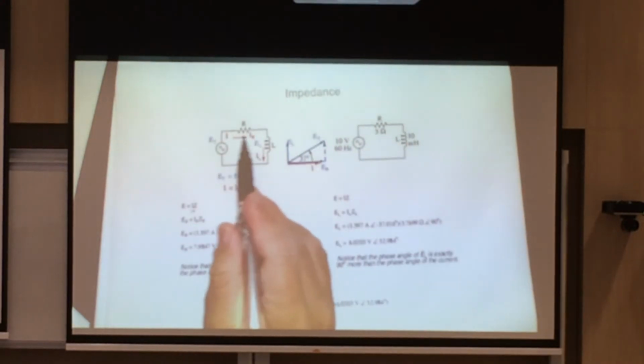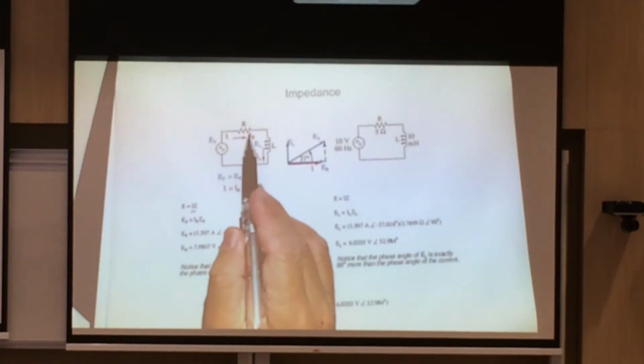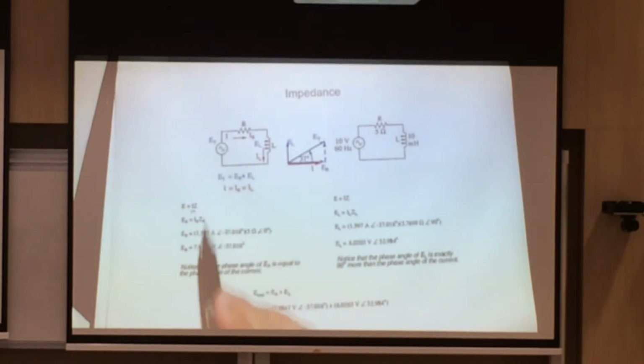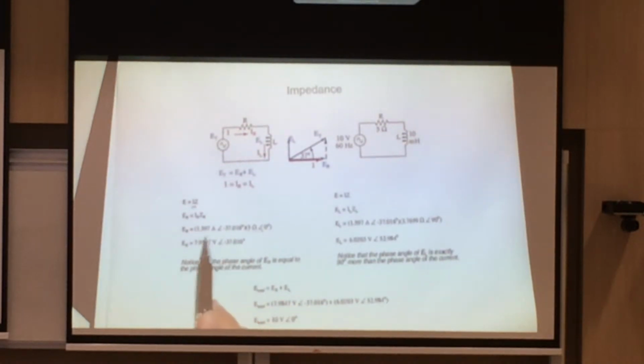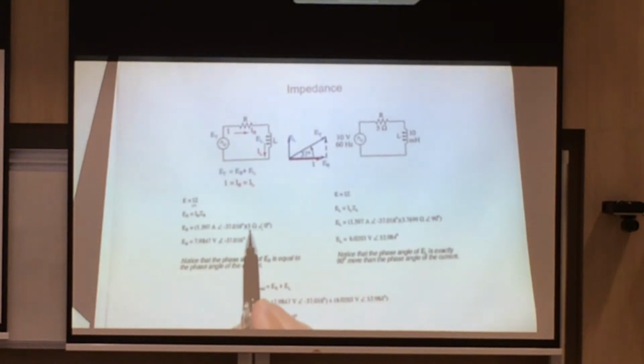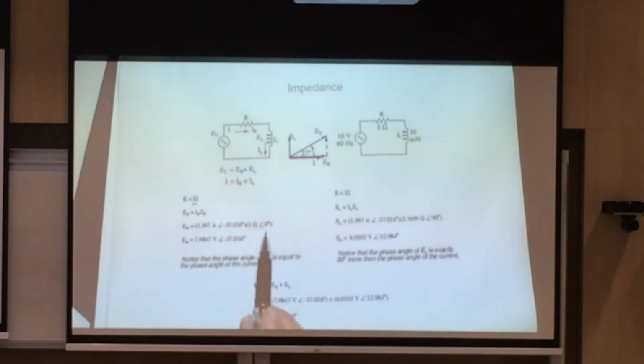But how about ER? Your voltage across your resistor, you just take your I here multiplied by your R, which is in this case 5. Right? So when you do multiplication, you take your magnitude 5 times 1.8, give you this. And the angle, add them together, they give you this. Second,